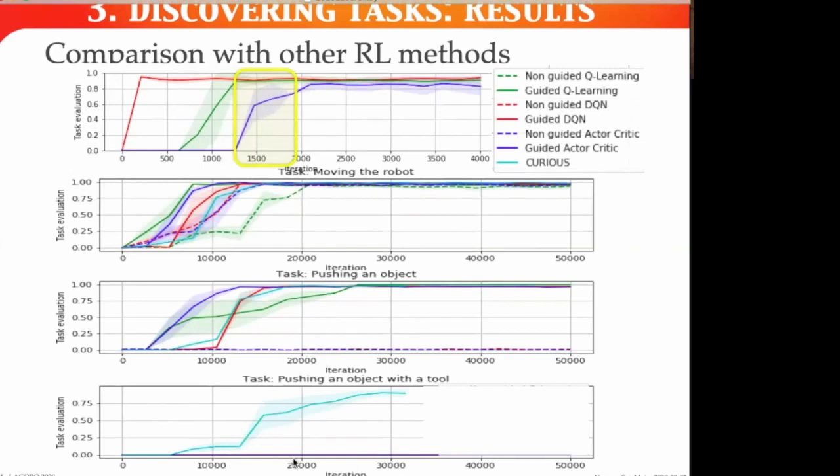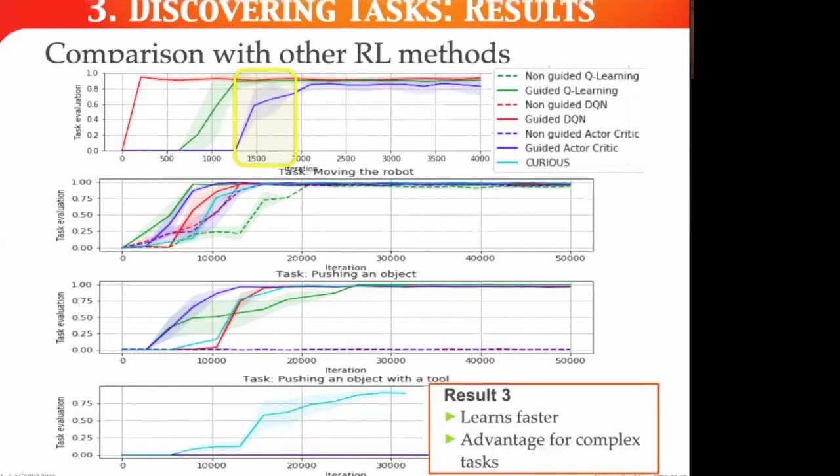They cannot learn to push an object with another. And only Curious, which is also another algorithm with intrinsic motivation, can learn, but much later than our algorithm. It learns it around 15,000, 20,000. Chime learns much faster than the other algorithms, and it has a clear advantage, especially for the complex, high-level